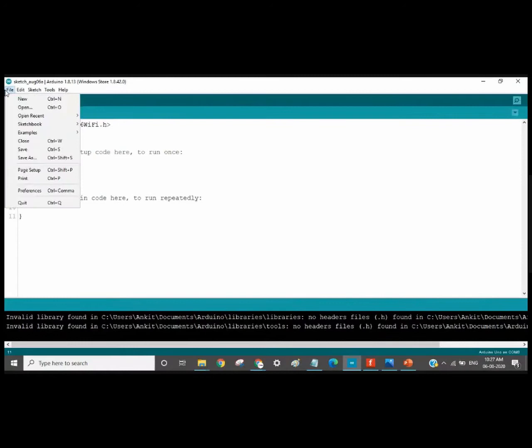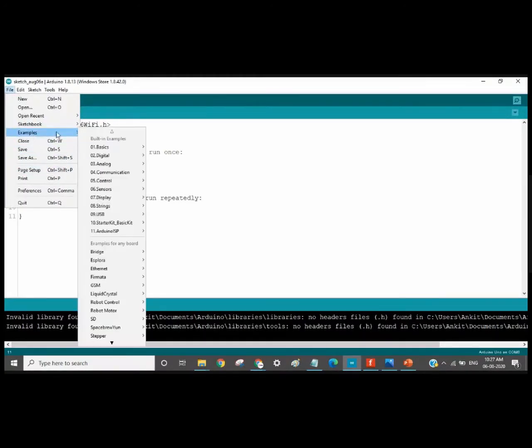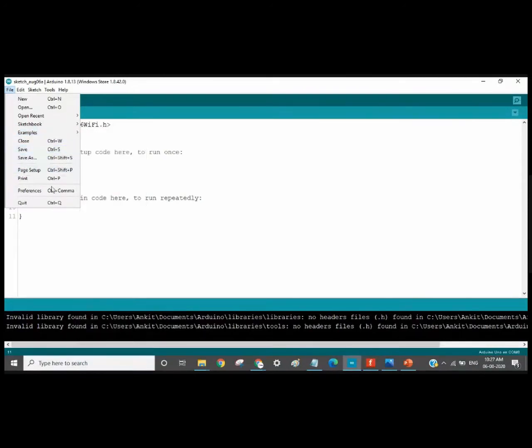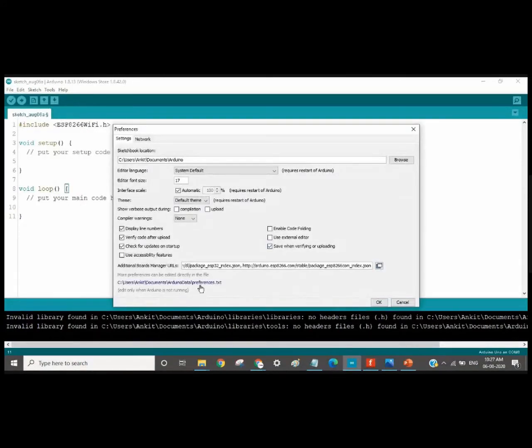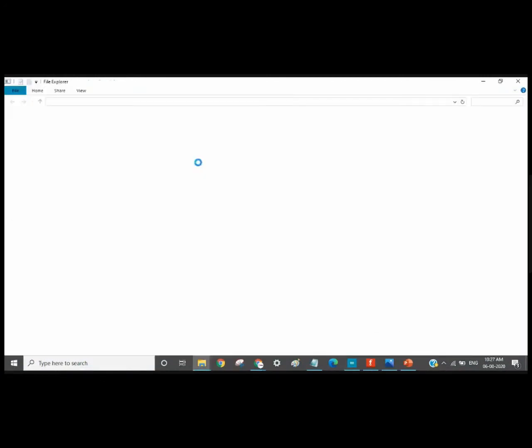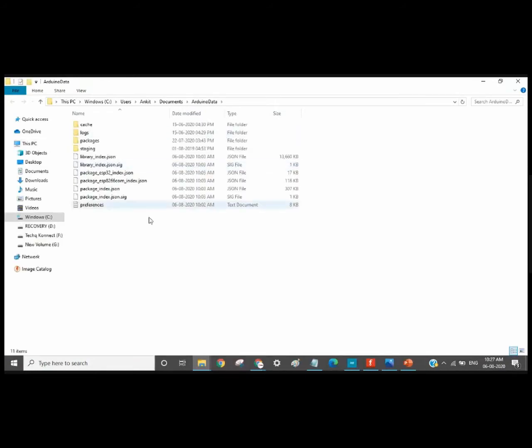So I'll show you where it is set up, okay, the file location. So now here you can see that the files are downloaded in this path, right, in your Arduino, Arduino data.